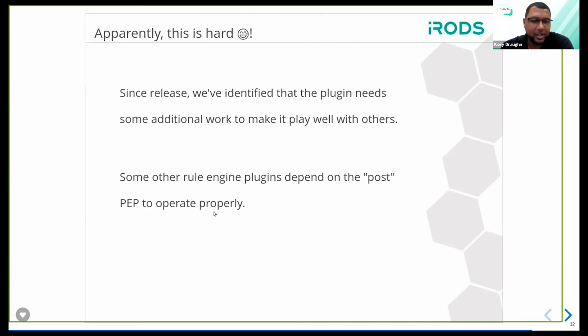And because of that, it's likely that you won't want to use this in a production environment. It's okay to test it out and play around with it just to get a feel for it. But essentially what's going on here is because the rule engine plugin skip operation causes the post PEPs to never fire, in the case of a hard link,